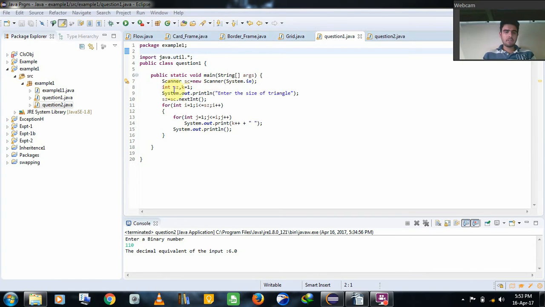Then I'm using System.out.println so that in the output the user can see what the size of the triangle is that he has to enter. And I'm using the basic concept, this is the logic of this question, size equal to size, and I'm running a for loop. In the for loop, it will be based on the Floyd number of rows. If the user enters 5, he will get a triangle of 5 rows. So if I run this program,